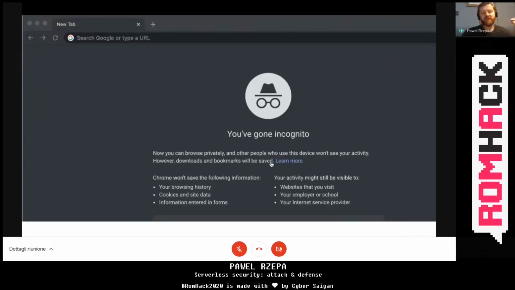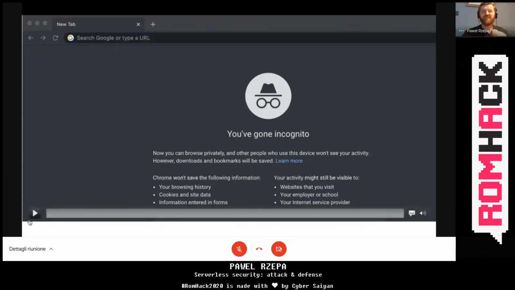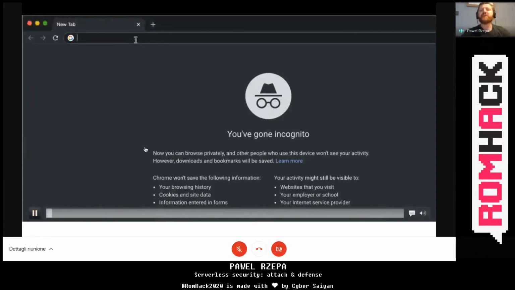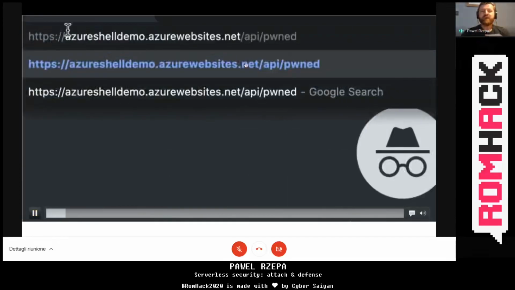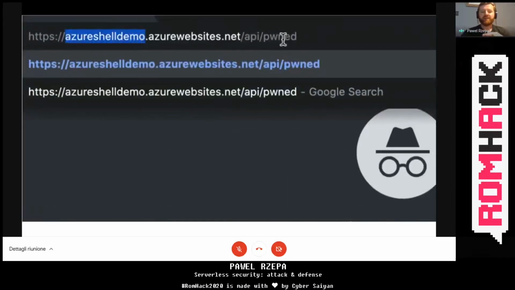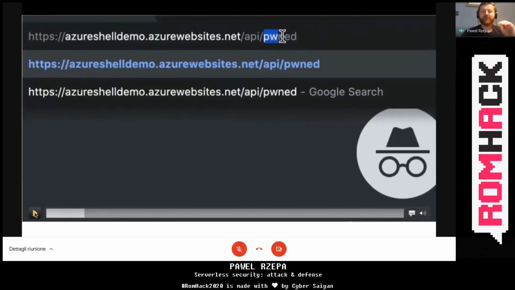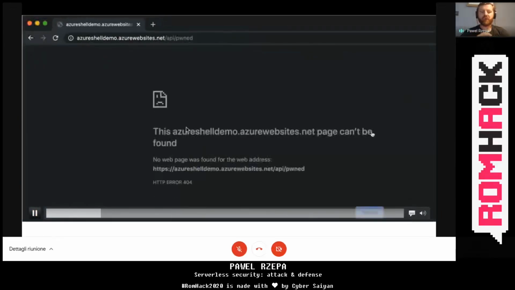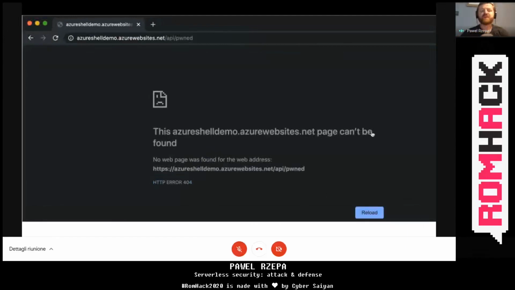If you have the connection string to your storage account, then you have basically already compromised the whole environment, and you have control over all the Azure functions in this particular logic app. In other words, this is game over for the victim. Let me show you an example. Here I'm trying, as an attacker who has the connection string to the storage account, to invoke the Azure function called pwned. Of course, I'm getting a 404 error because there is no such function.